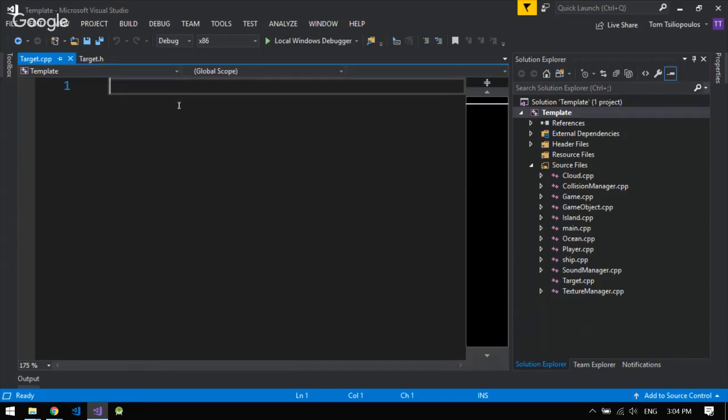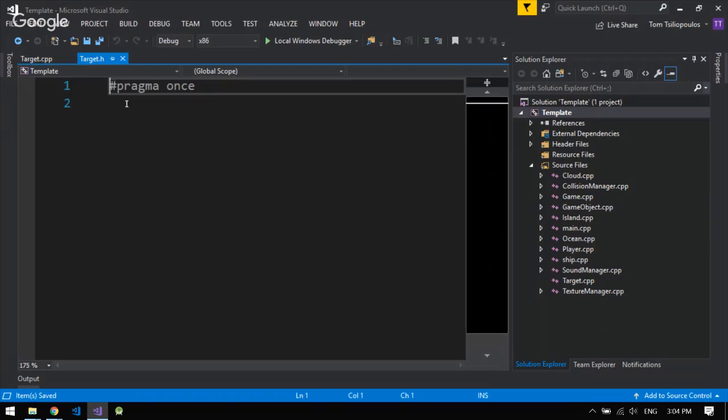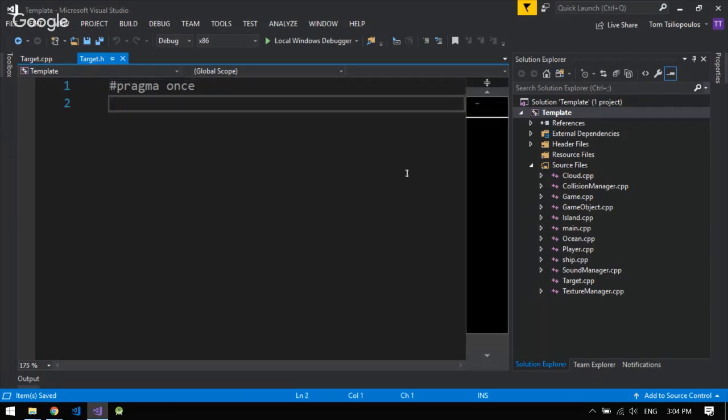So I'm just going to include that here. So I'm going to say include, right? And then target.h. That's the first thing I should put in my target.cpp. Yep. Next, in my target.h, I have a pattern that I've been using to have a preprocessor command check to